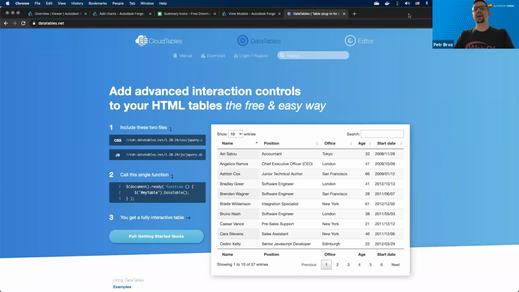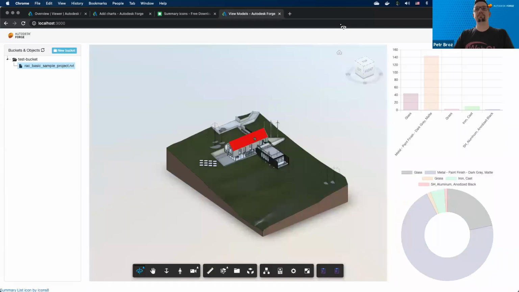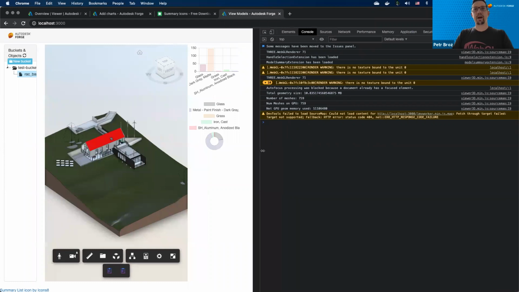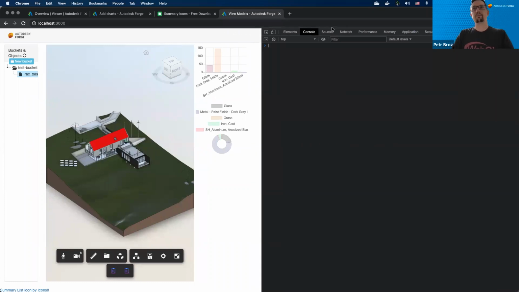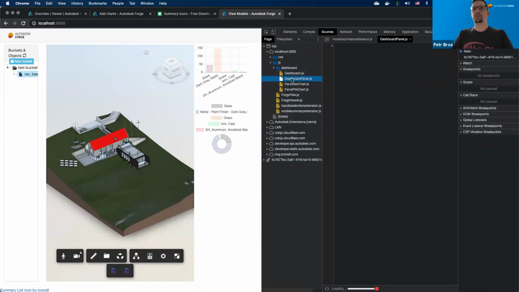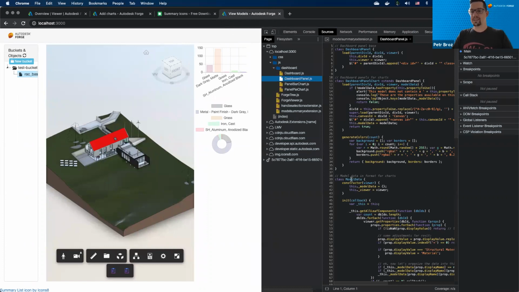So how did we build the data that we use to populate these charts? Let's do that in the code, I think that's going to be the best way for you to get a grasp on what's going on. So remember, we have our model data helper class. This is where we collect all the leaf nodes from our model, all their IDs, and then we request their properties, and we use those properties to start building this